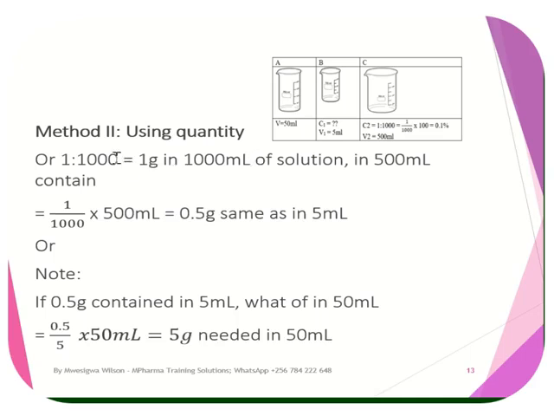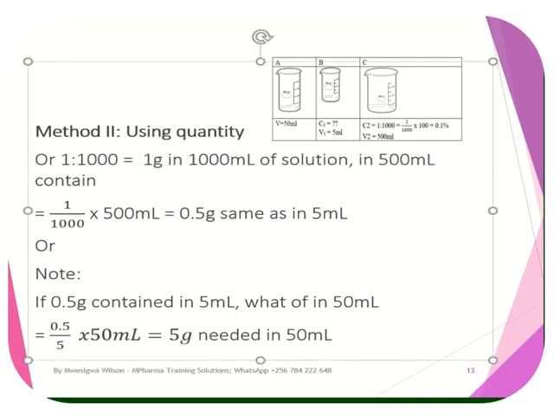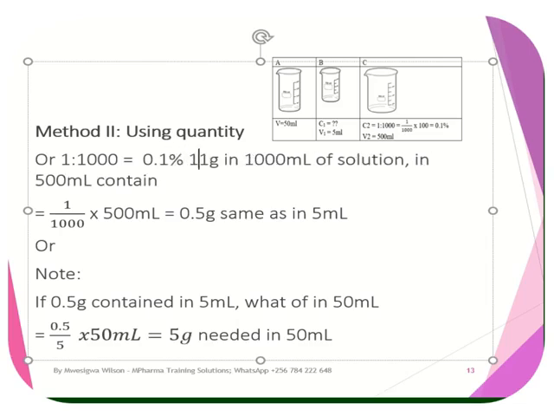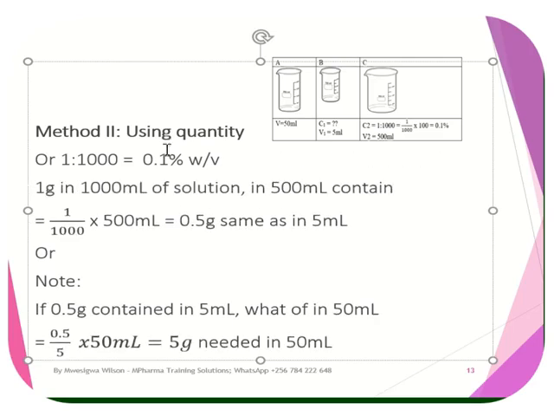Let me use the percentage to be easier for us. 0.1%, it is weight per volume. If I interpret that, I say 1 gram is in 100 mls, then 500 mls will contain